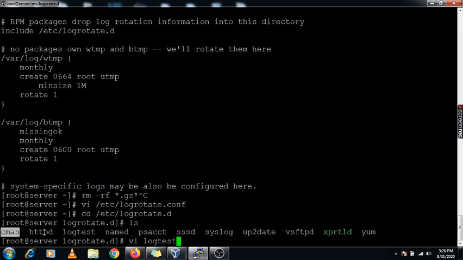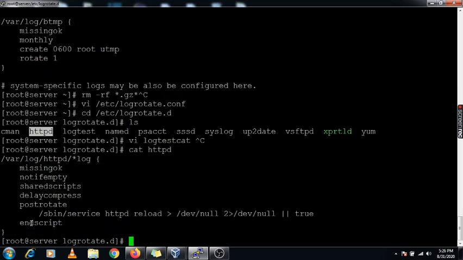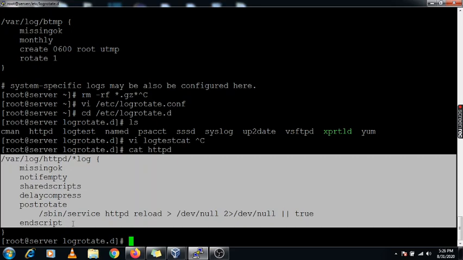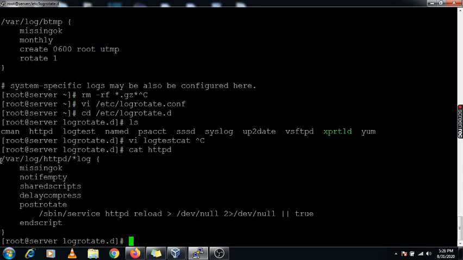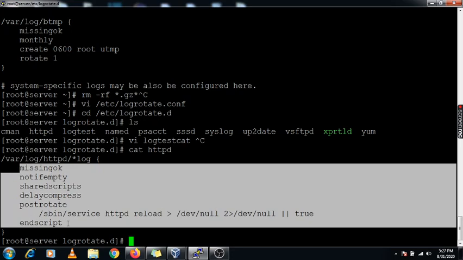Just I am checking for httpd what parameters are inside it. So this is the logrotate file which is created for this logrotate. Here it's mentioned under /var/log/httpd, the files having the log extension, which all need to be compressed or deleted or whatever parameters you have set, so it will run it.